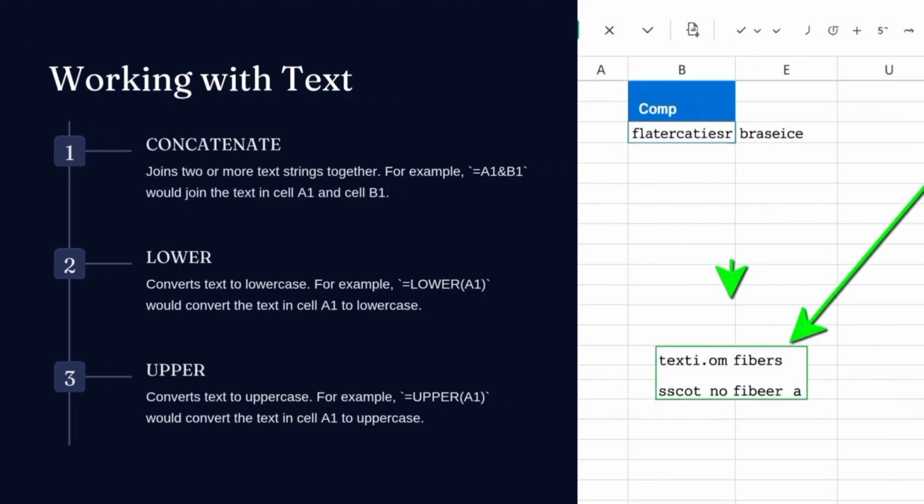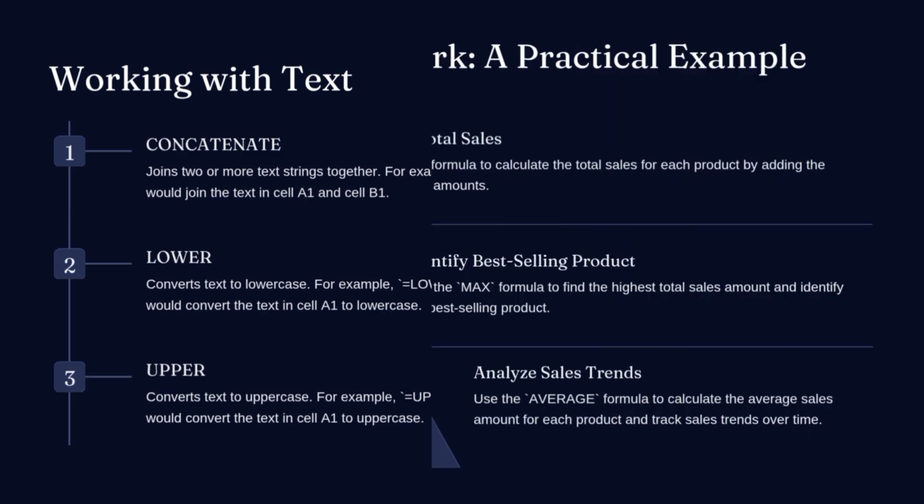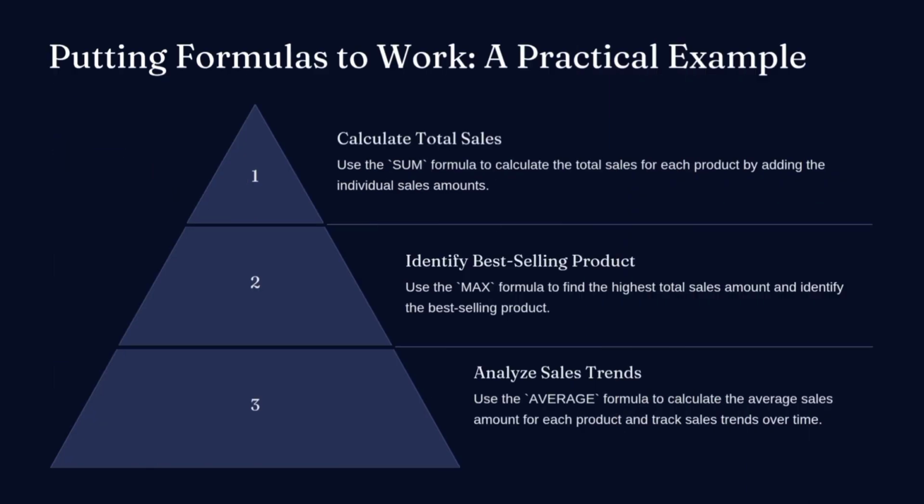Upper converts text to uppercase. For example, equals UPPER(A1) would convert the text in cell A1 to uppercase. Putting formulas to work. A practical example. Calculate total sales. Use the sum formula to calculate the total sales for each product by adding the individual sales